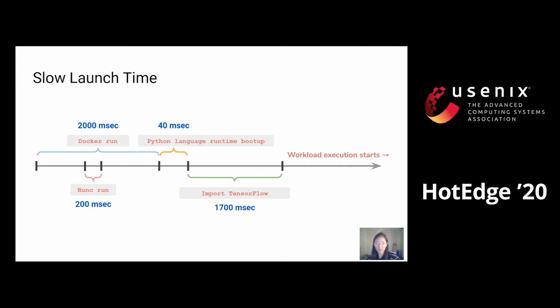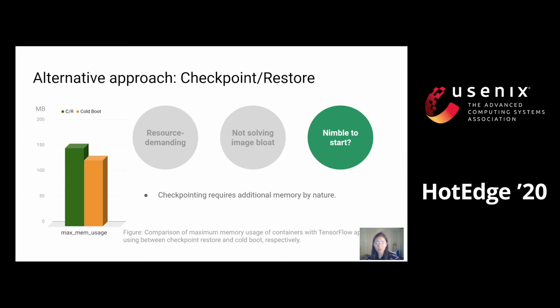What this shows is that heavy runtimes that are needed by modern applications not only cause image bloat to occupy the network bandwidth and increase the resource pressure, but also contribute to the container startup indirectly through the package import time. Common applications such as data analytics and image classification necessitate heavy runtimes, so the situation is bad and continues to get worse going forward. In this situation, one approach developed in recent work to improve container launch time is to